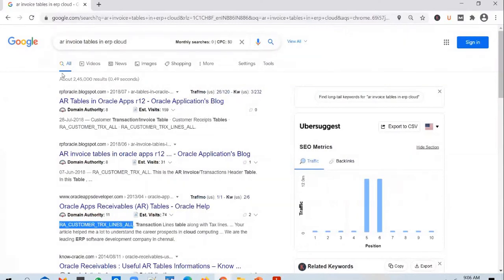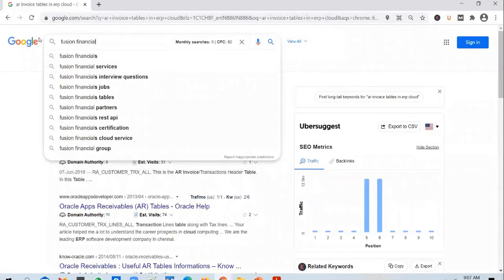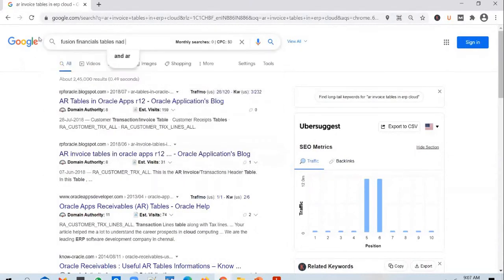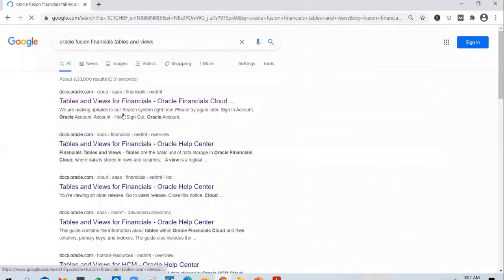But if you don't want to use this approach, another approach is you can go to the Oracle Cloud documentation link. You can type in Oracle Fusion Financials, Tables and Views, and you can go into the Oracle documentation.